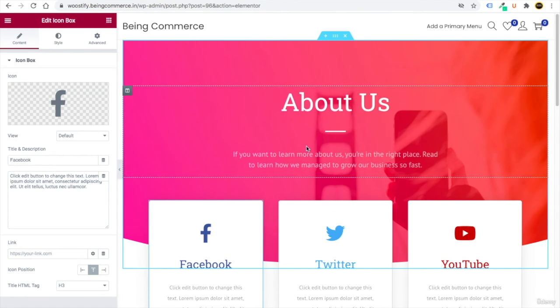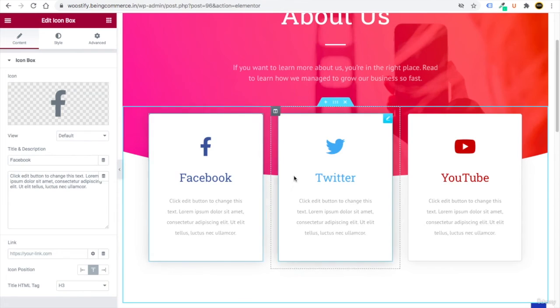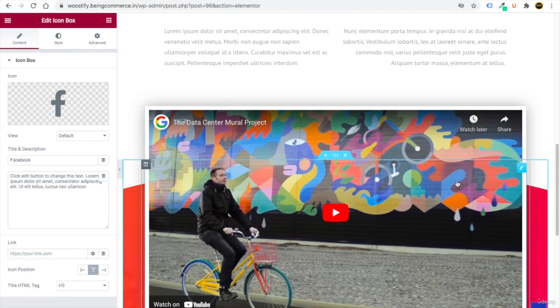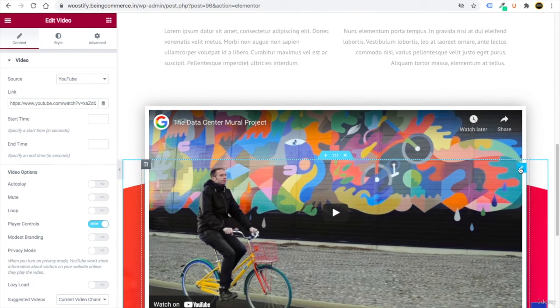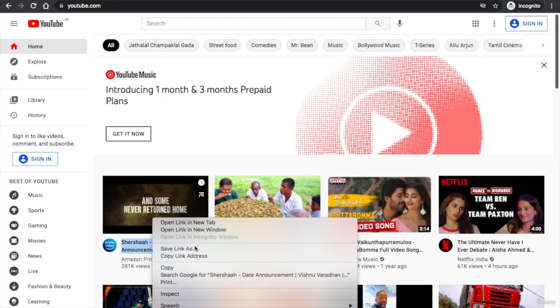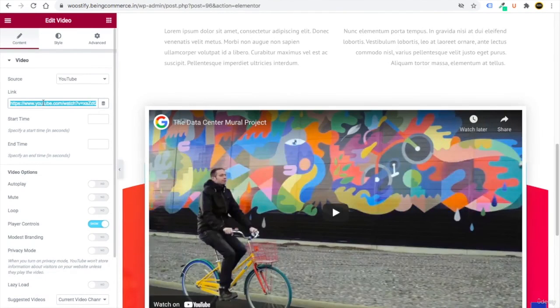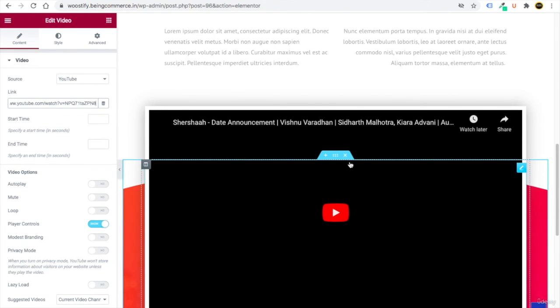Now you can even customize it. You can customize the colors, you can customize the text, logo, you can tell about your business, your story. Also, you guys can mention your YouTube URL. So you just have to click here and you have to upload your story video on YouTube, just copy the URL and paste the URL here. For example, suppose this is my video URL. Okay, so you just have to go here, copy your video URL link, just paste it here. Now you can see it is going to show up here.